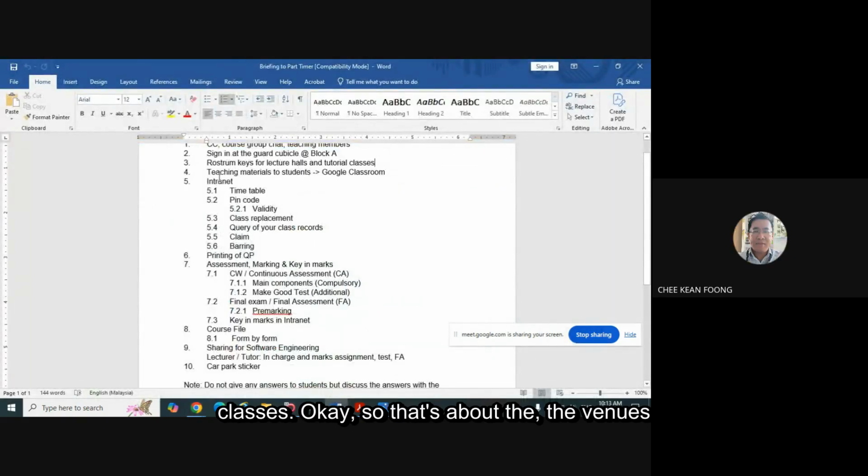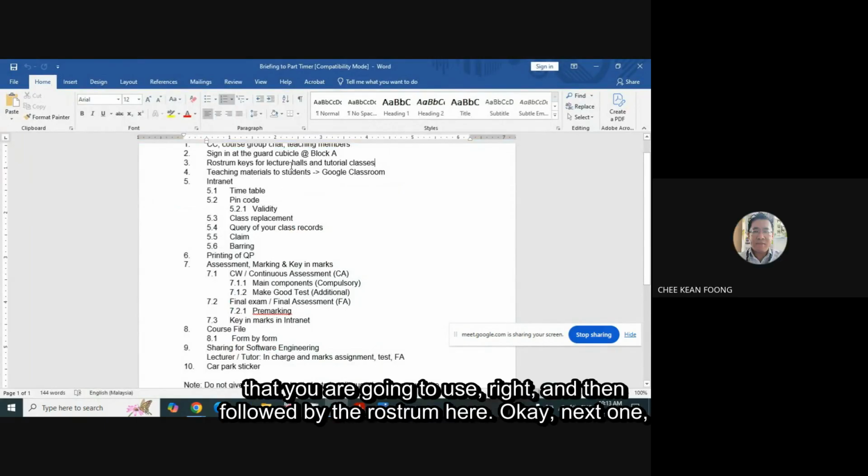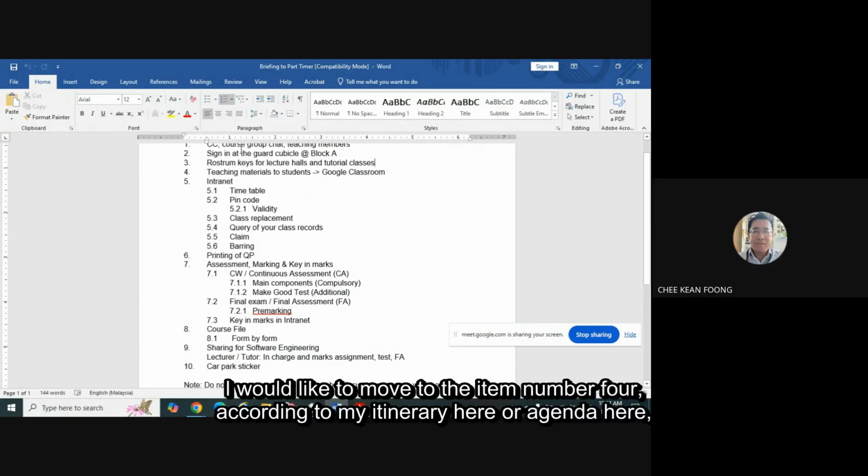Okay, so that's about the venues that you are going to use, right? And then followed by the rostrum key. Okay, next one, I would like to move to item number 4 according to my itinerary or agenda here,